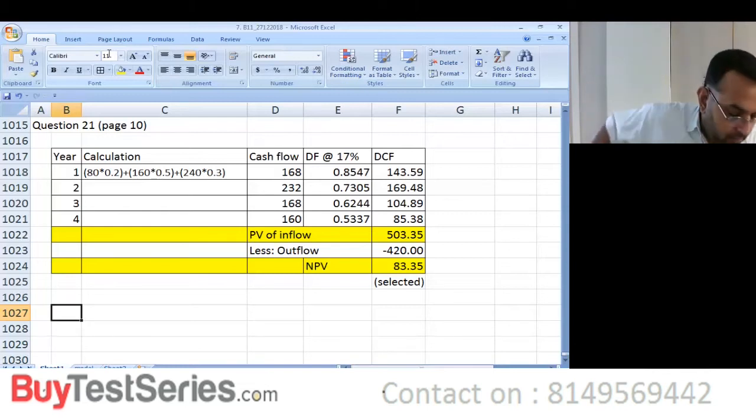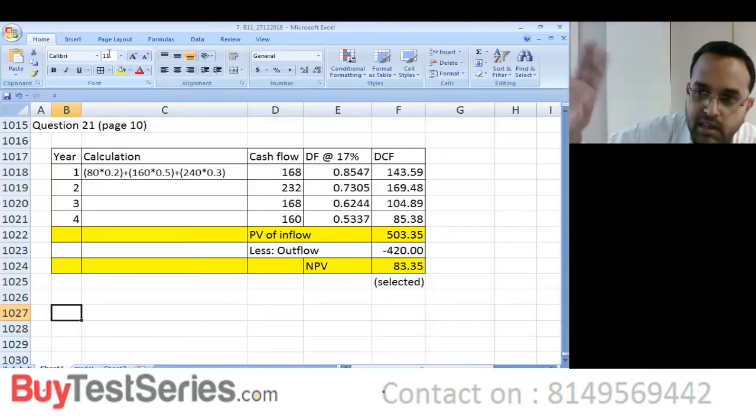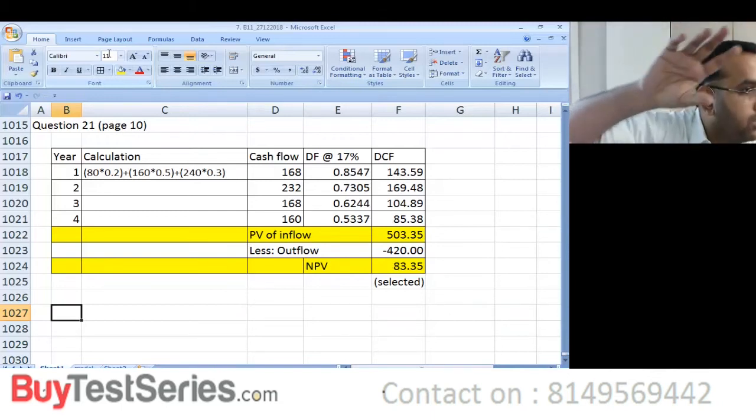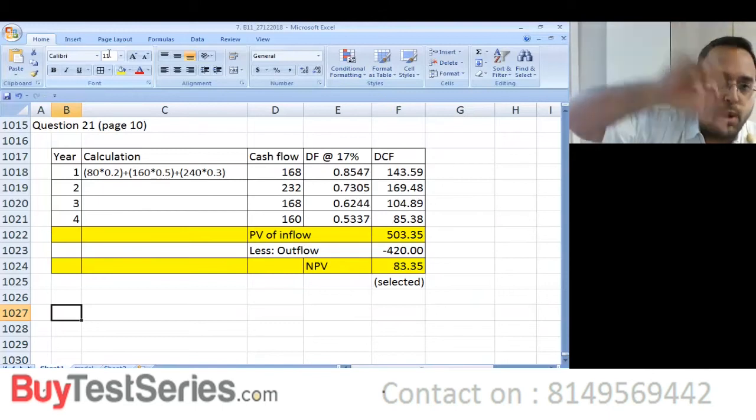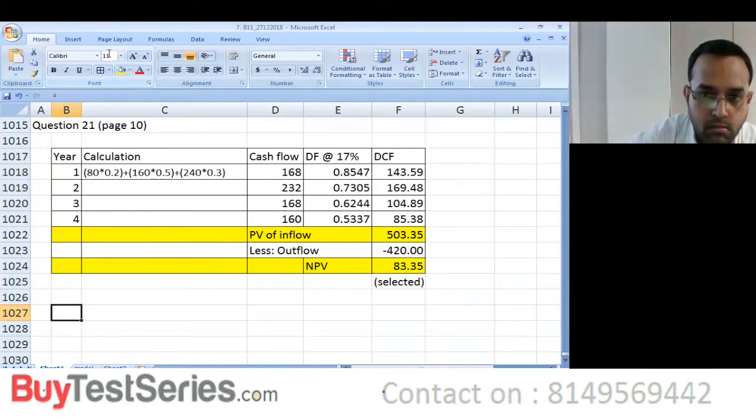Guys, listen. Simulation: if you see the simulation numbers in the second table, set 1, set 2, set 3, set 4, set 5. Set 1 numbers are 5381, correct? These are all single digit numbers. The largest possible number is 9, so the total number of probabilities will be 0 to 9. 10 probabilities are there. So you have to multiply all the probabilities, 0.2, 0.5, 0.3, by 10.